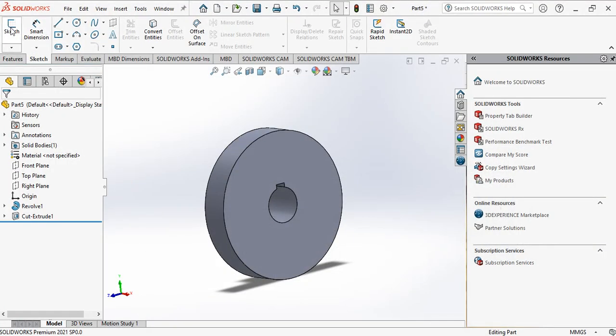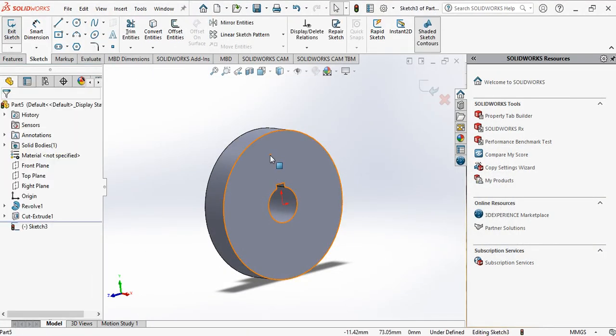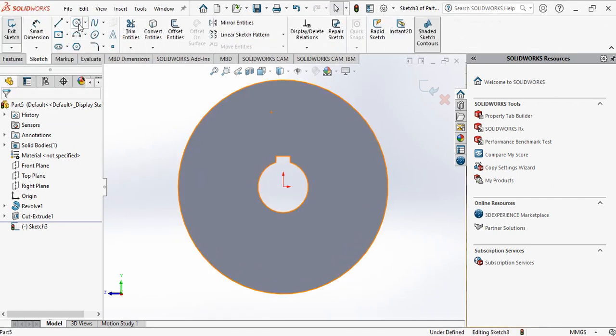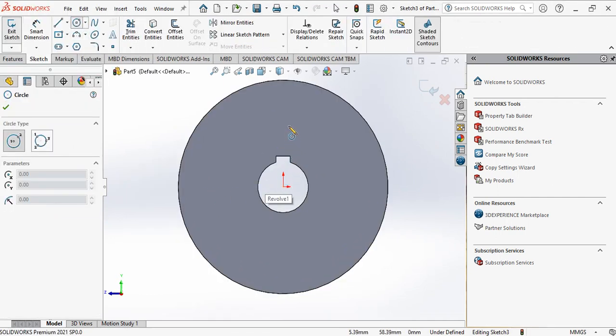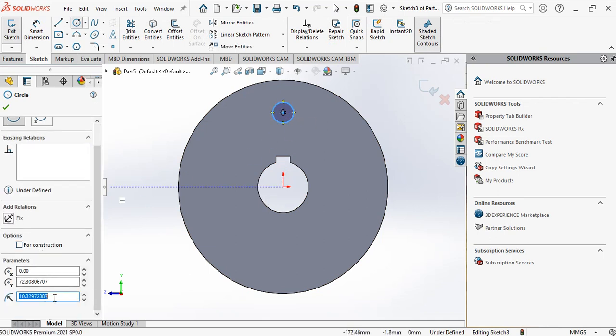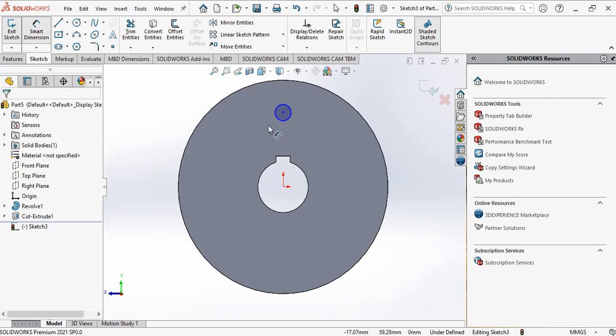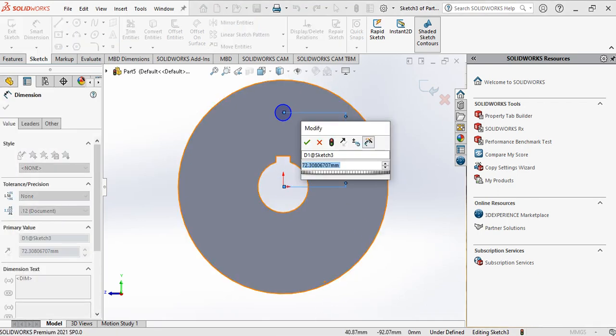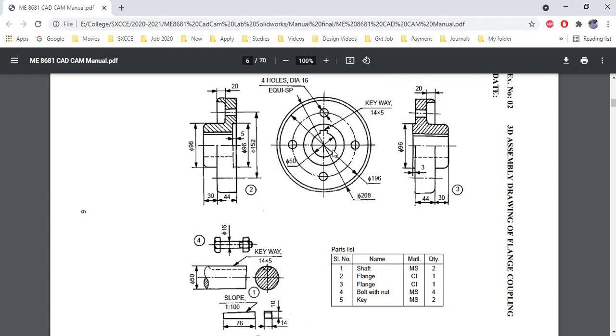So go to sketch, select this region, press space bar and click normal to. Draw a circle of diameter 16 mm so that the radius is 8 mm. Okay, go to smart dimension. From here to here, the distance is equivalent to half of the pitch circle diameter.